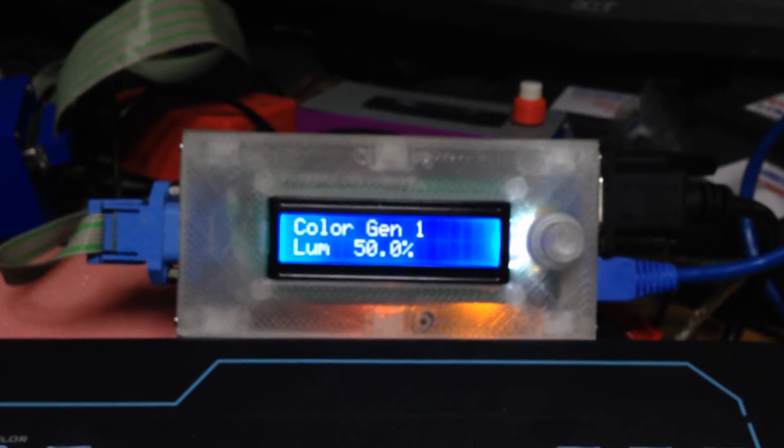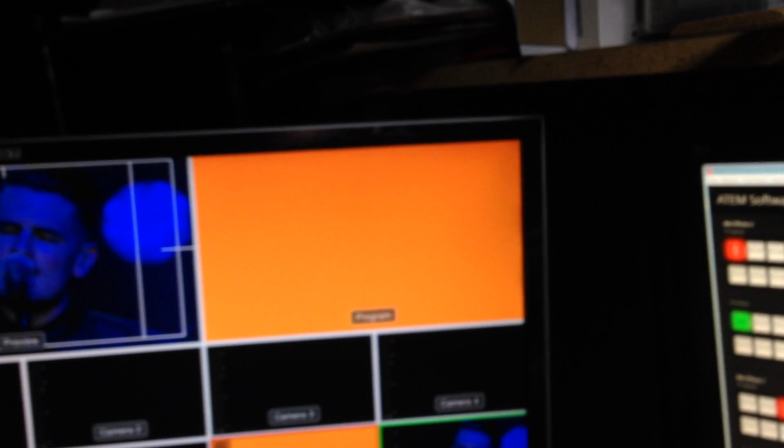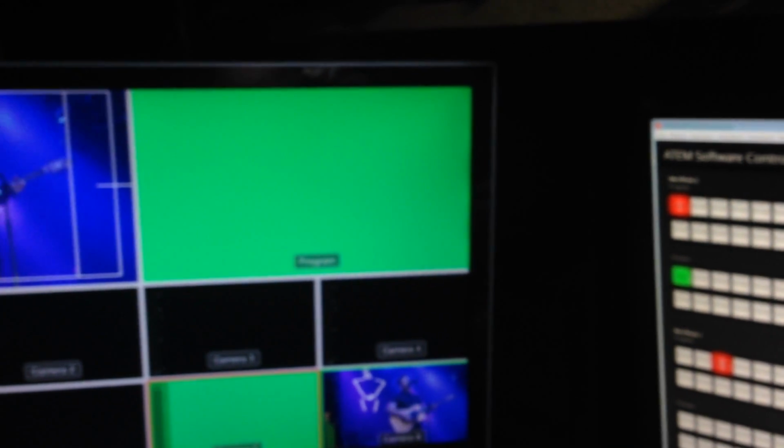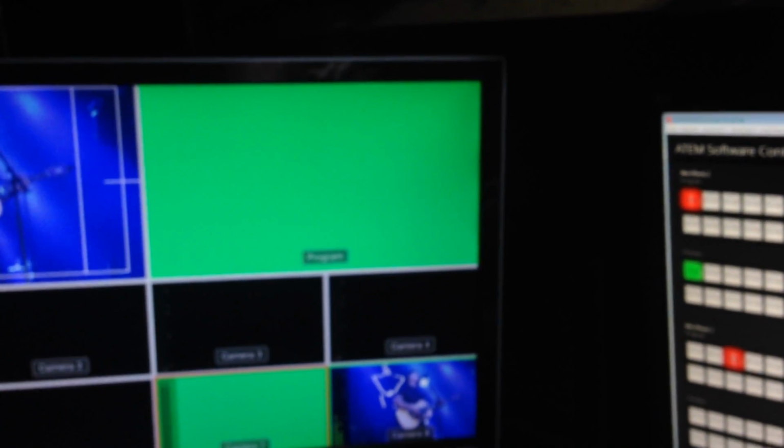And of course, as I'm turning this between Colour Gen 1 and Colour Gen 2, you'll see that the previous screen is switching between Colour Gen 1 and Colour Gen 2. And luckily they're two totally different colours, so you can see that they're changing. So whatever Colour Gen we've got set up here now, we can obviously, as we select it, read